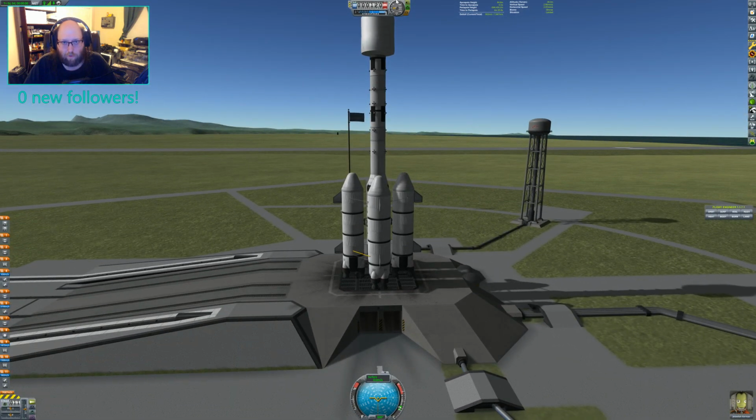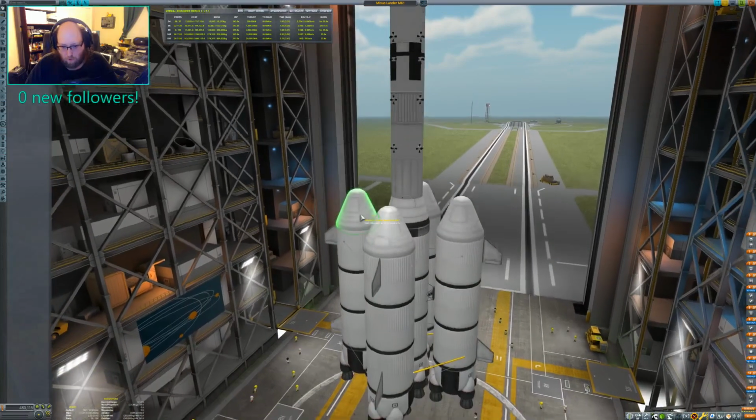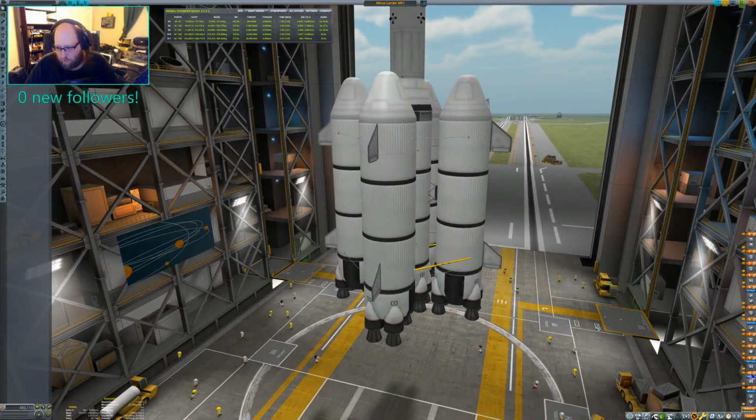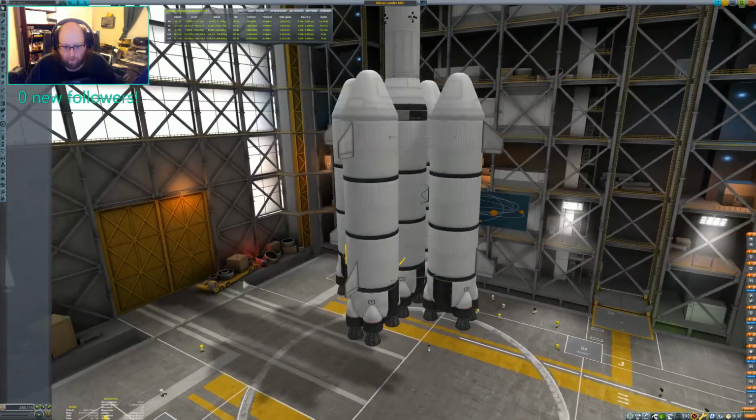Now, if this is a really easy fix, let me revert. Let me take this back to the VAB real quick, because this is a really easy fix. What we do is we switch the... we just switch this stage with the other one, and then we just change where these are connected at. So